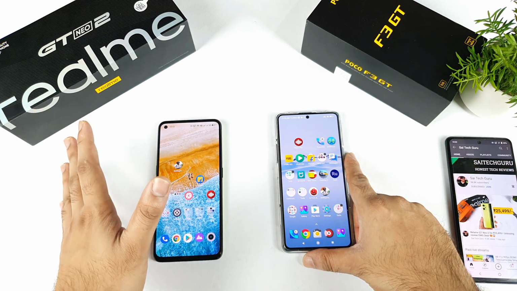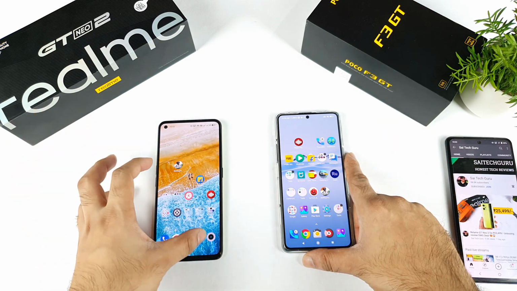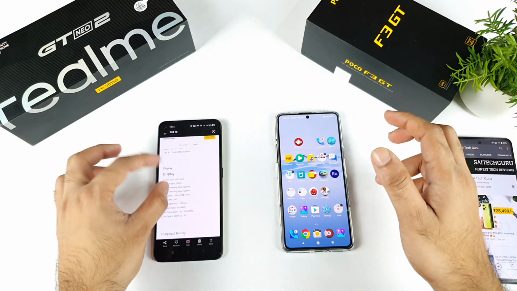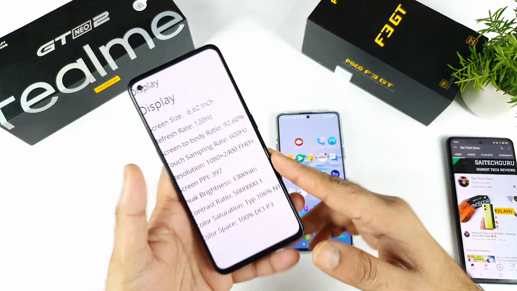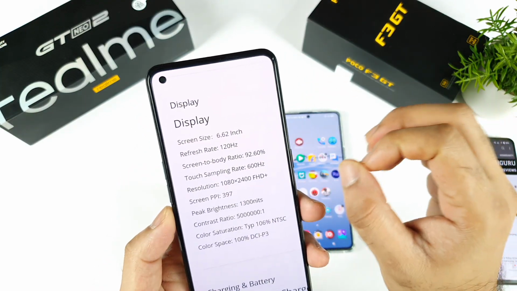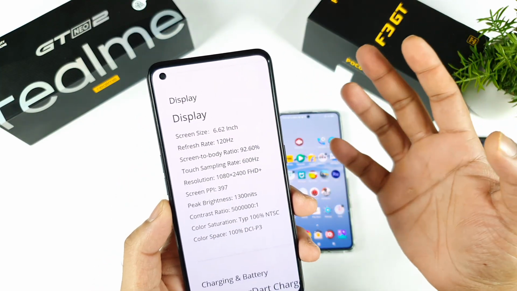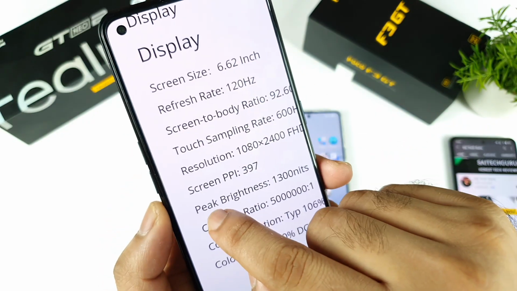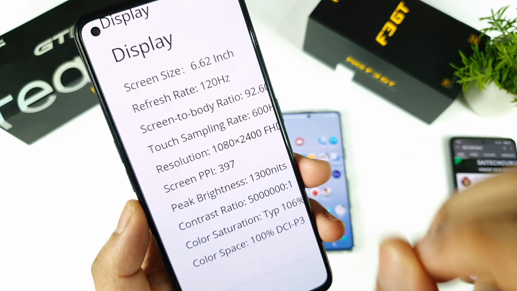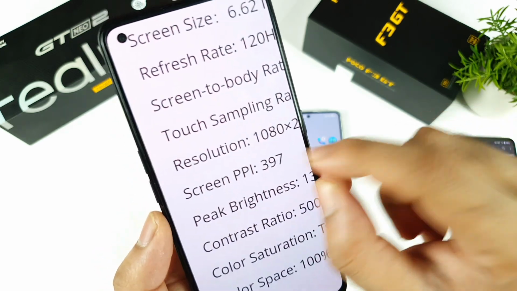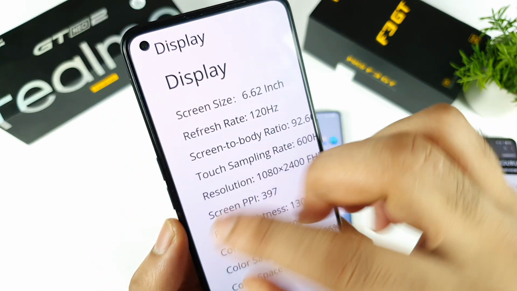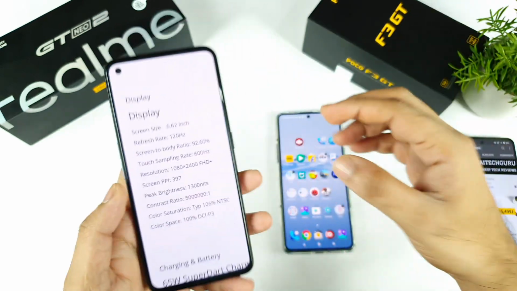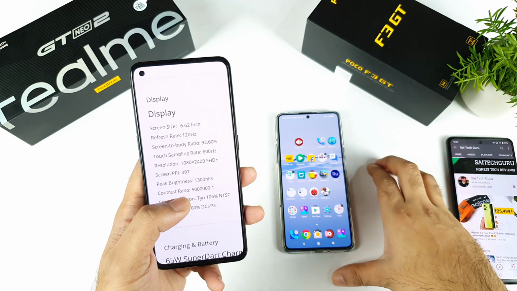So the Realme GT Neo 2 has a 600 Hz touch sampling rate. That's what Realme is exactly claiming. If you look at the specifications listed on the Realme website, as you can see, touch sampling rate 600 Hz. They did not mention any kind of peak touch sampling rate or instant touch sampling rate. For example, for brightness, they did mention peak brightness 1300 nits. There is this word they used specifically there, but here there is no instant, there is no peak, nothing at all. 600 Hz touch sampling rate, that's what Realme is claiming. But let's see what is happening in reality.